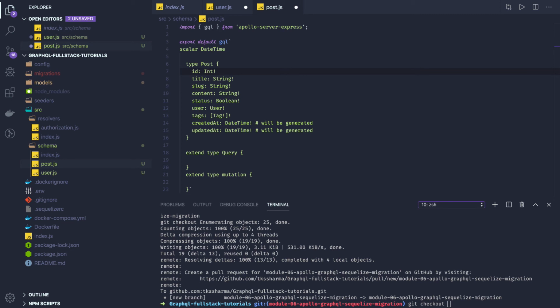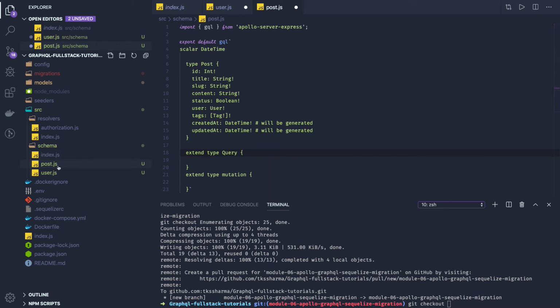Okay, mutation, in the mutation we put only those things when we are creating things like create user, update user, add post, update post, delete post, add tag, update tag. All these things will go in the mutation. And queries where you are actually fetching the data like get user, get all posts, get all tags, all these we'll put in the queries.